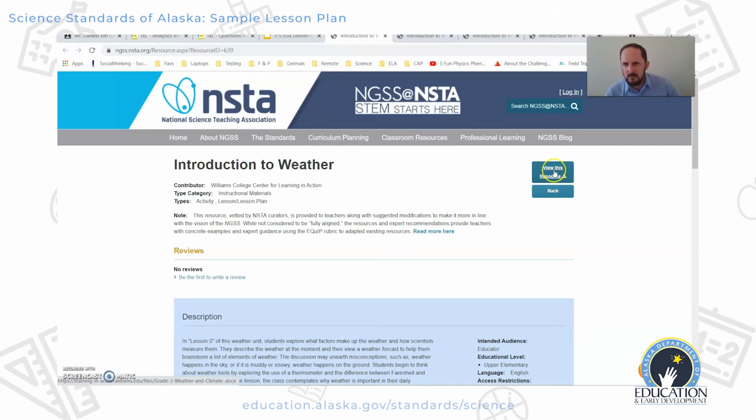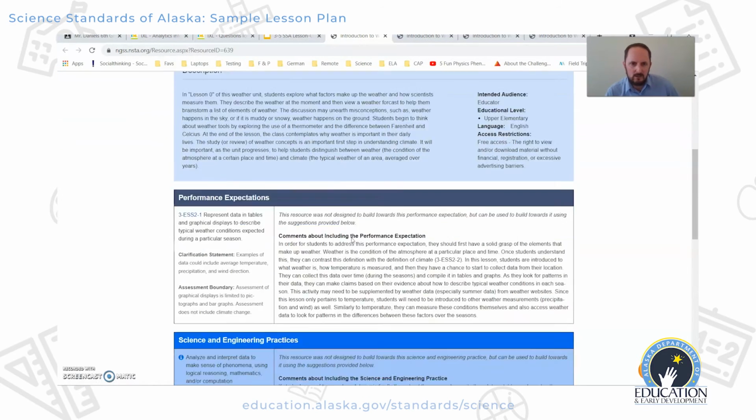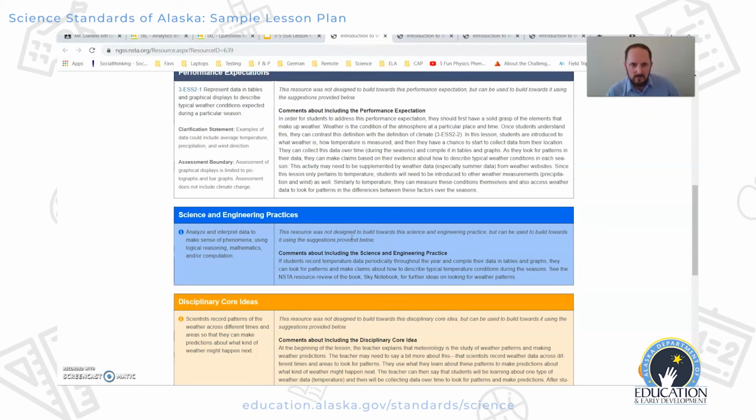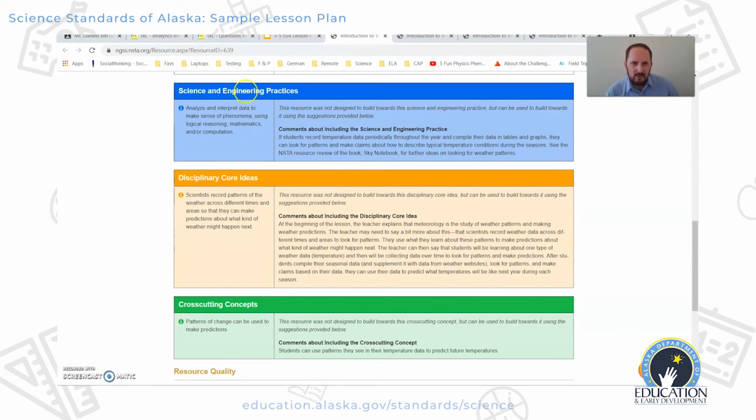You can print or download using this link here, but I want you to make sure, if you're using this website, to look down here at the 3 dimensions of science education to make sure that these are covered in the lesson. This website does a nice job of making sure that those are all covered by making notes about it. So, just a quick refresher on the 3 dimensions,